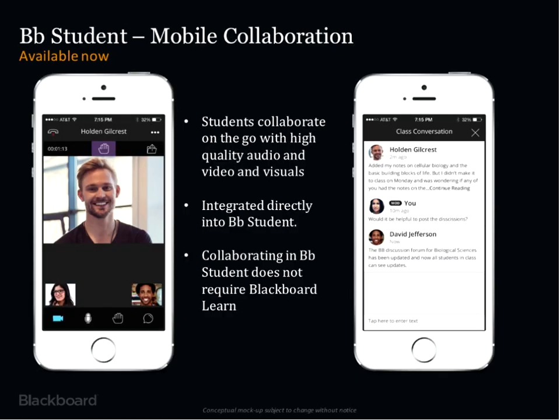Wade's going to go into BD Student in a lot more depth, but I did want to use this opportunity to explain that the solution for Collaborate is really holistic across various devices. So whether you're on the web in a Mac or a PC, or with the availability of BD Student and the mobile collaboration experience within BD Student, supporting iOS and Android devices as well. Now this mobile experience is a full Collaborate session.